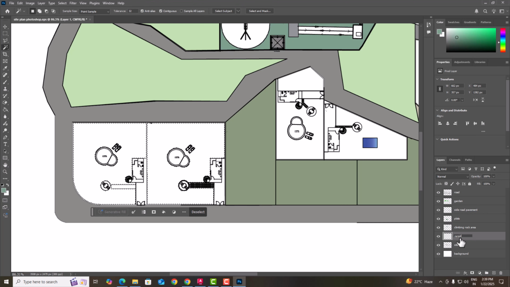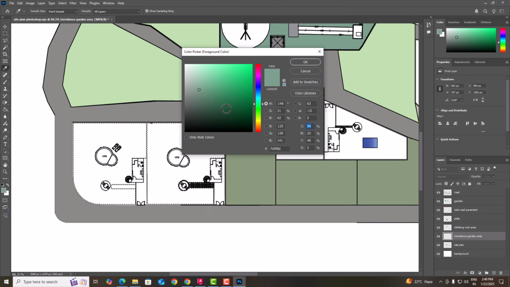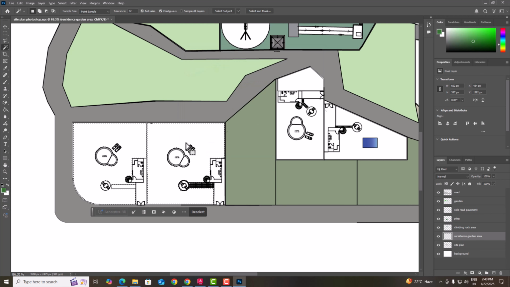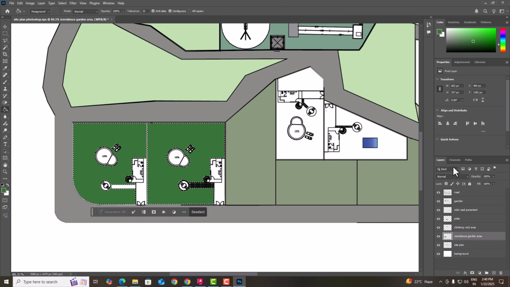residence garden area, and you can press G command, and you can apply any green color here for time being. So this is just application of color. Later on we will change the texture, so you can change the